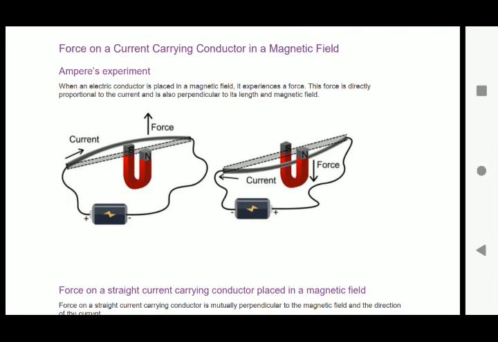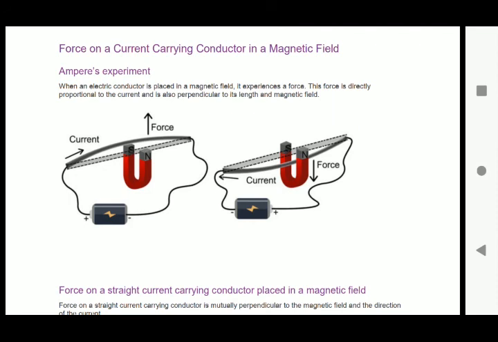Now we reverse the direction of current flowing through the rod. That means A to B. And observe the direction of its displacement. You can see that now the deflection is towards the right. Why does it happen? Why does the rod get displaced? Can you explain? It is because the conductor experiences a mechanical force which makes it displaced.